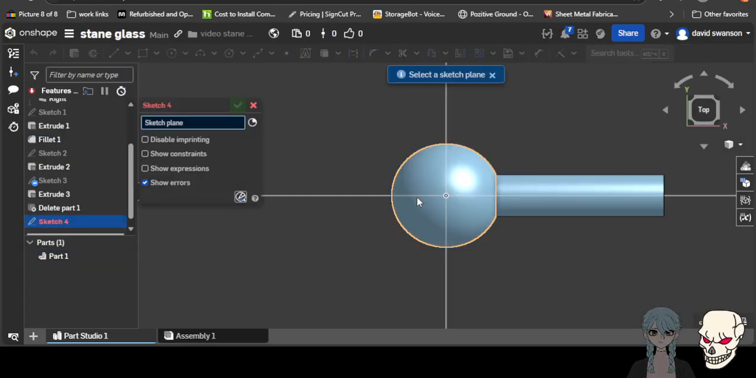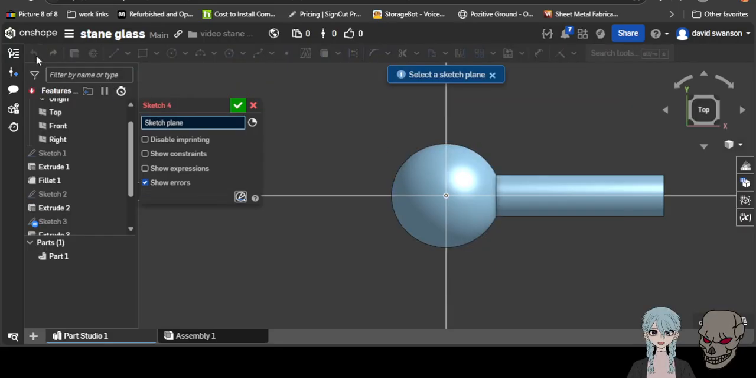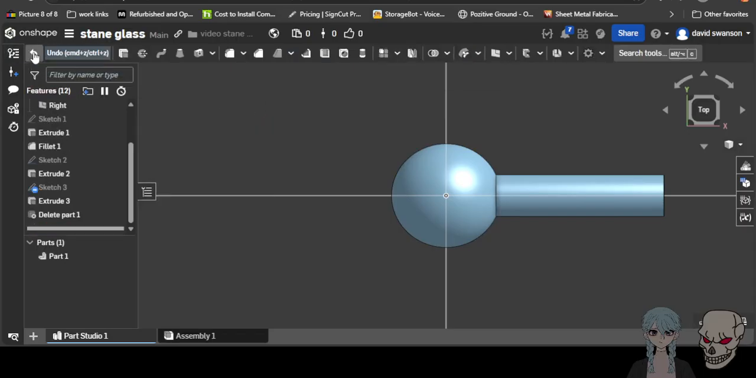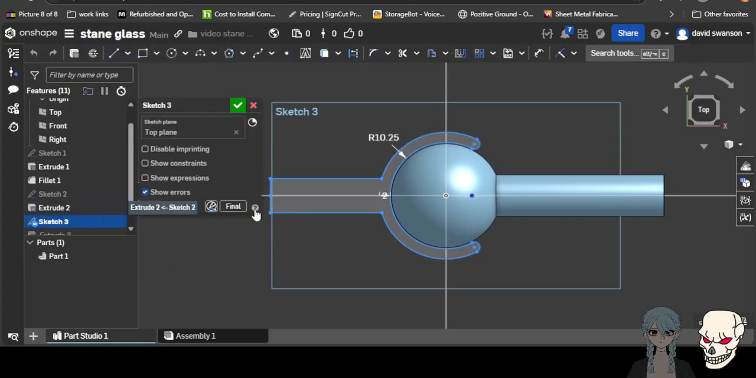Shift S. Actually, undo the deleted part. Sketch 3. C. Shift